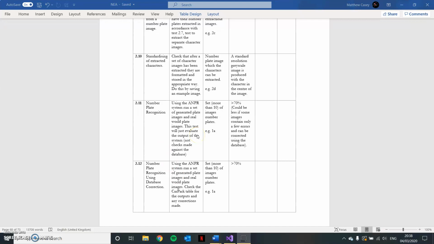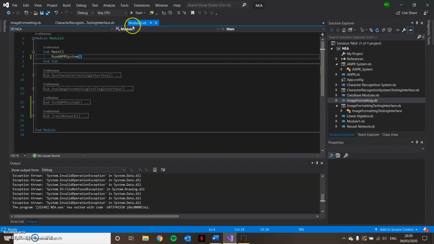This test will be very similar to the last one, but we'll be including the database correction feature. This feature says that if there are 2 or fewer errors between the identified number plate and a number plate in the database system, it will assume it to be a valid identification and will match that up. So if we run it again,